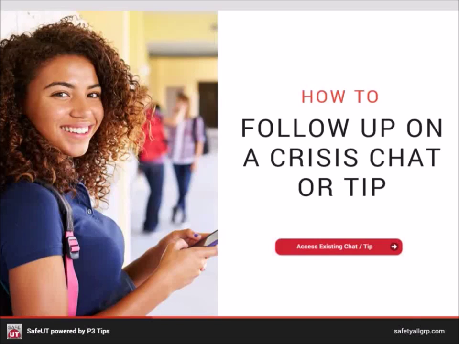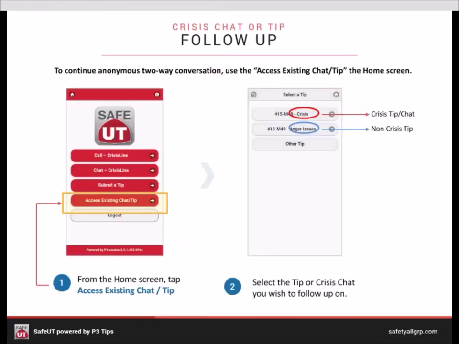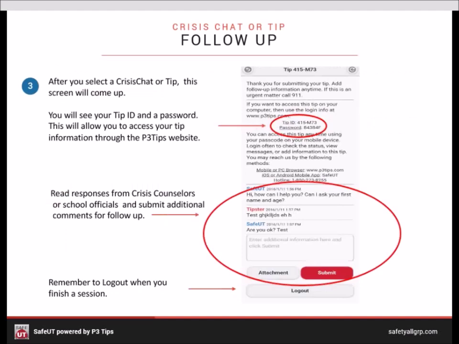How to follow up on a crisis chat or tip. To continue your anonymous two-way communication, use the Access Existing Chat or Tip button from the home screen. Tap the button and select the tip or crisis chat you wish to follow up on. After you select the crisis chat or tip, this screen will come up. You will see your tip number or chat number up at the top. You will also see your tip number and a computer-generated password that will allow you to access your tip information